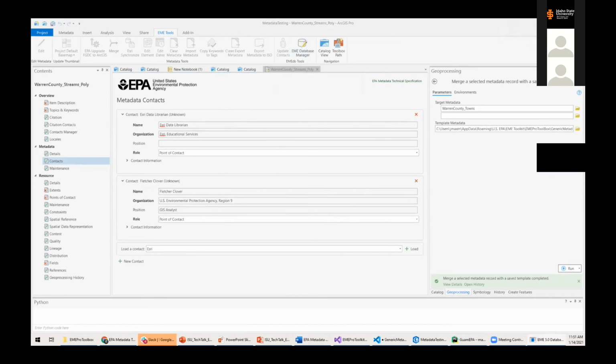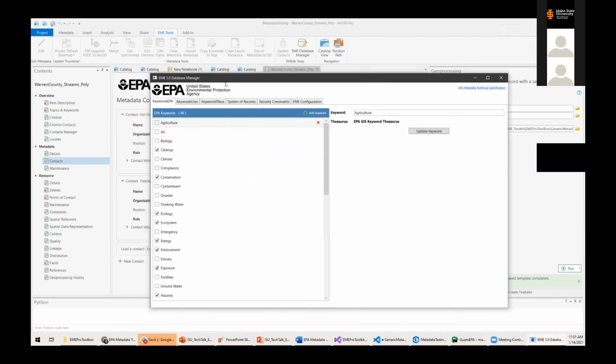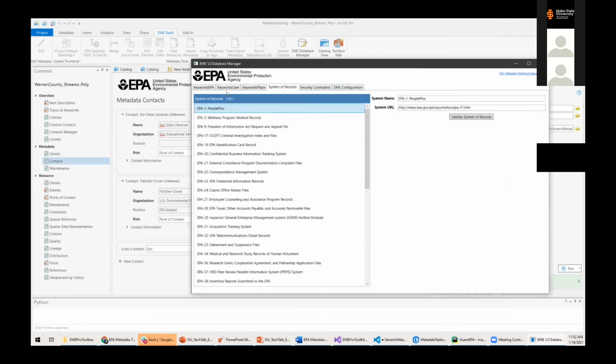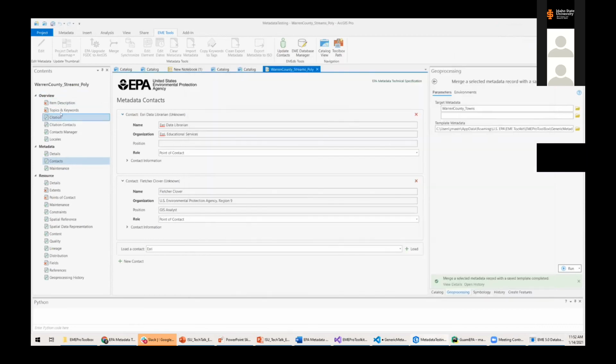And what this does is it allows you to edit and select defaults for a number of metadata categories, such as keywords. Sorry, contacts are maintained just through that sync process. But keywords here, we can determine which are selected as default. So if I select all of these, or maybe I want to change agriculture to lowercase and update the keyword. Then when I come in here and edit my keywords,